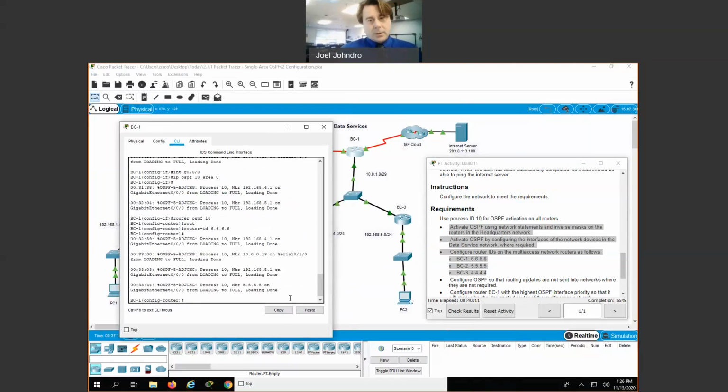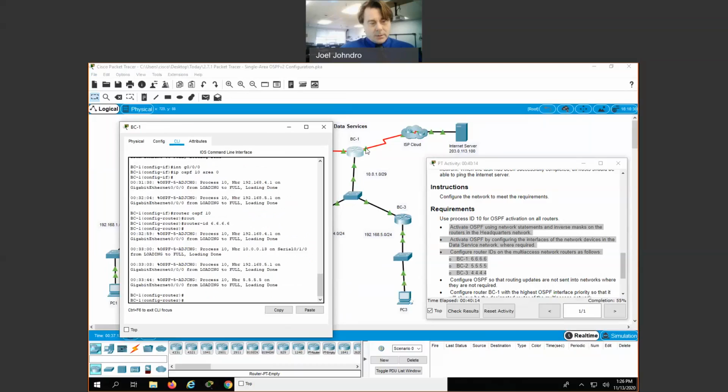Okay, now on this router, we don't actually have to set this serial link to the ISP as passive. However, Packet Tracer will not give you full credit unless you do. And there's a reason why you might want to make this a passive link, even though it doesn't have OSPF enabled on it. If by some accident, a junior network administrator came in and assumed that this should be OSPF and enabled OSPF,